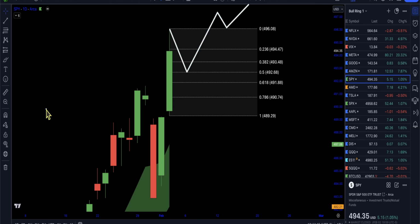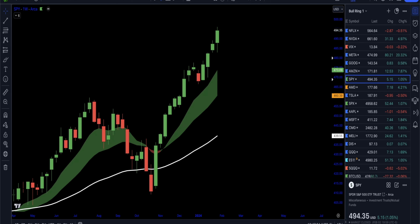So keep an eye out for that pullback this week. Okay, we might see it sooner than later, and that is going to be really nice entry points for all of us. All right, something to keep an eye on, guys, on the weekly is we have our support